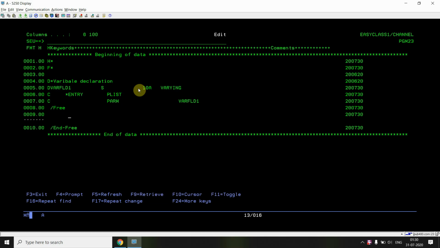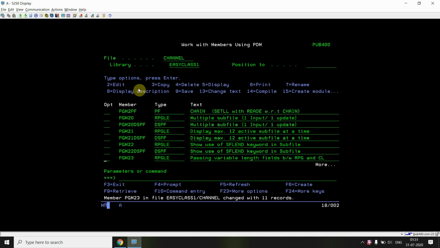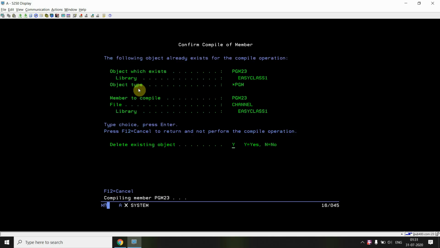I'm simply displaying what I'm getting, displaying varfld1, and then setting the last record indicator on. So this is a simple program where I take one input parameter, which is the varying length field, display its value on the workstation, and then return, ending the program. I'm compiling this program, and it compiled successfully.